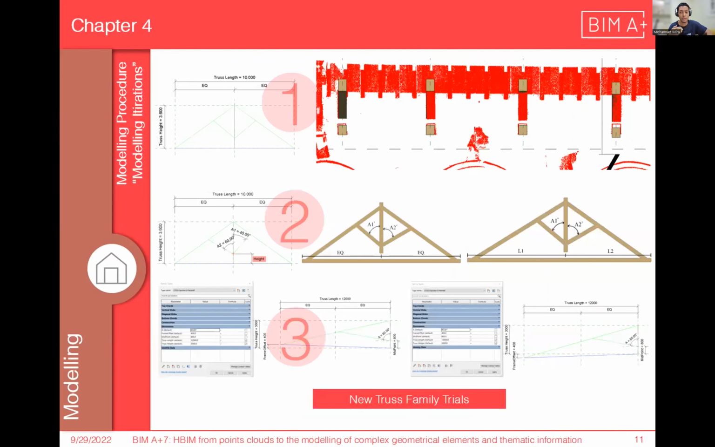Of course, I had to do several iterations. These are the major iterations that I did, and I can summarize them in three. The first one was to use the out-of-the-box families inside the modeling authoring tool itself, which is the king post truss. Of course, I faced some problems because the point cloud has the real deformation of the elements. So this is a really idealistic scenario, and it's not matching the thing that I'm using now. So I needed to make